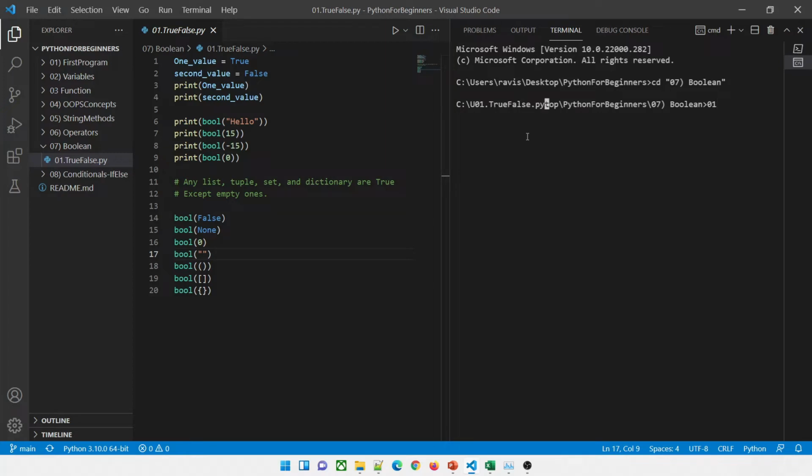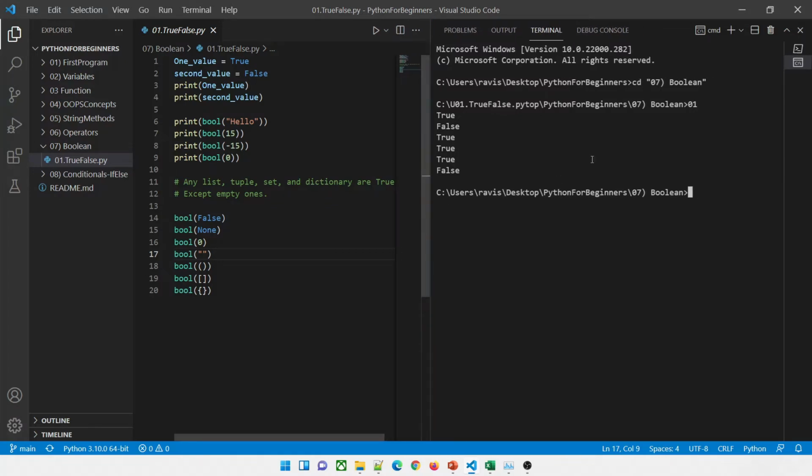This is 01 tab. One second, what did I do wrong? Okay, so I have run the first program. The first thing it gave is true, the first value. The second value is false. I have printed the first value, which is true, and the second value, which is false. Then whenever we are trying to use bool over here, it will print that we are testing hello.